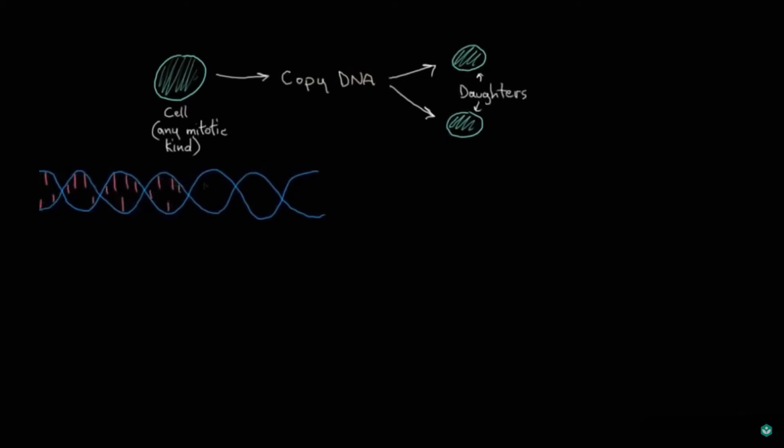So every time the DNA gets copied, you lose a little bit more and a little bit more and a little bit more of the end. So lucky for us, instead of having really, really important coding DNA at the end of our chromosomes, we've got our telomeres. So again, it's the telomeres that end up becoming slightly shorter at the end of each DNA replication